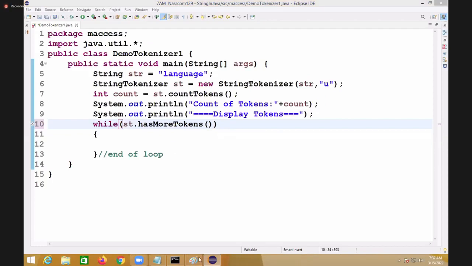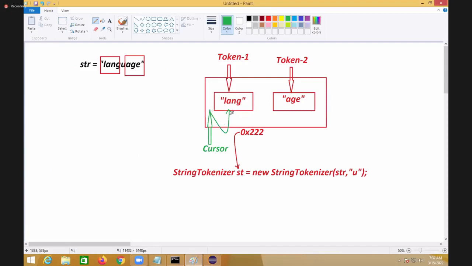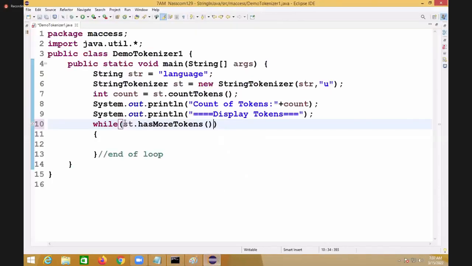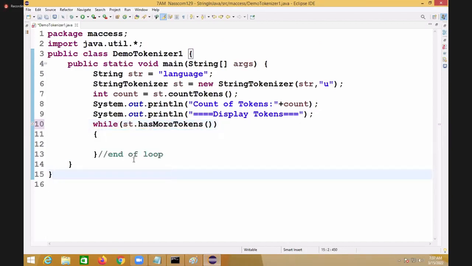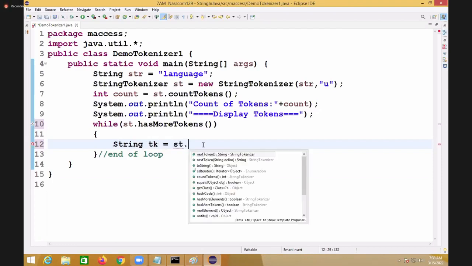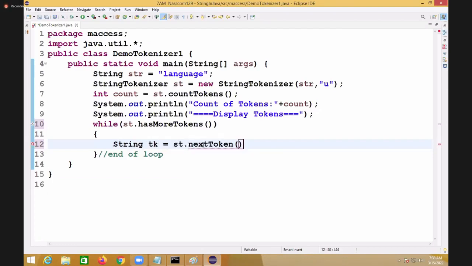Here the token is available now. When I move this cursor, the token is available now. Once the token is available, the has more tokens method will say true. Whenever it is true, the loop body must be executed. Inside this loop body, string token tk is equal to st dot next token, which means retrieve the